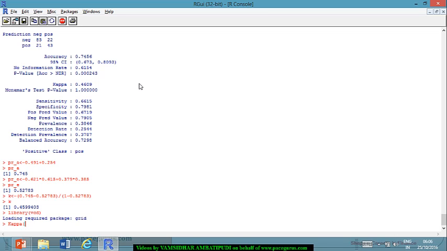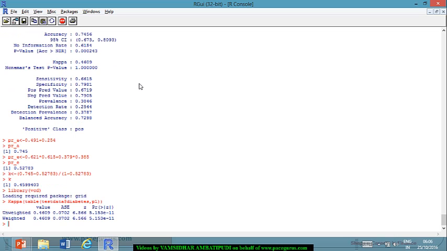Then I'm using the kappa function, wherein I'm taking the table. First I'm giving my actuals, test data dollar diabetes, and I'm also giving my predicted, which is P1. So it will compute the kappa statistic for me. Here also you can see the kappa statistic is coming out to 46.09, both in case of weighted as well as unweighted. We would generally look at the unweighted value of kappa,